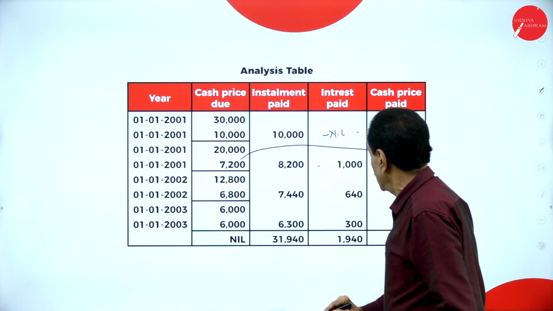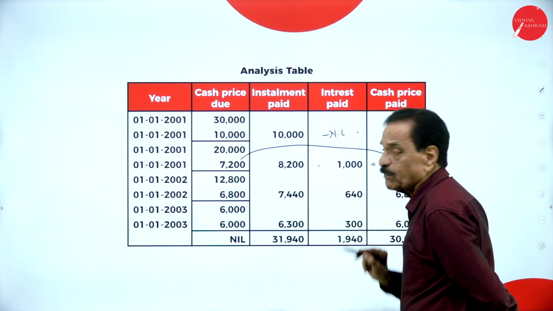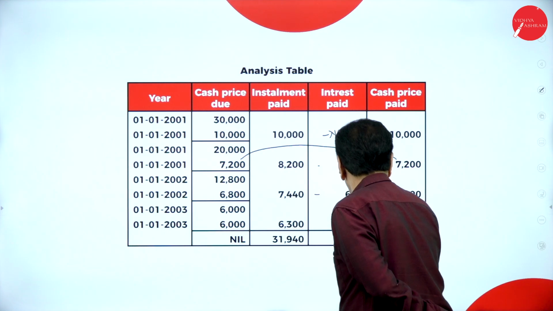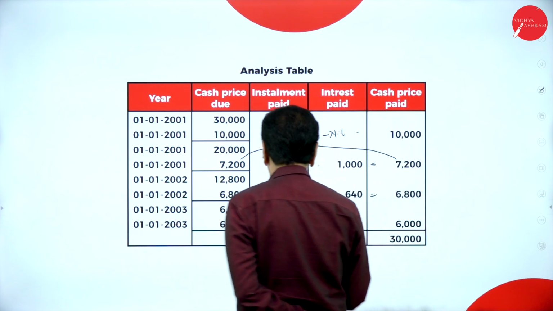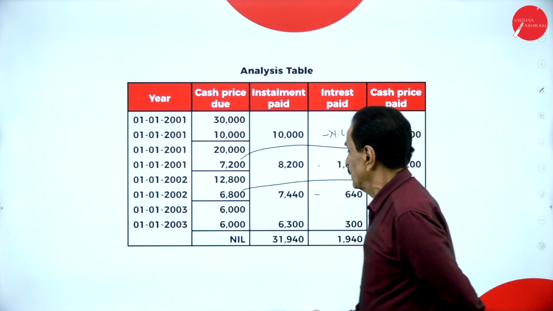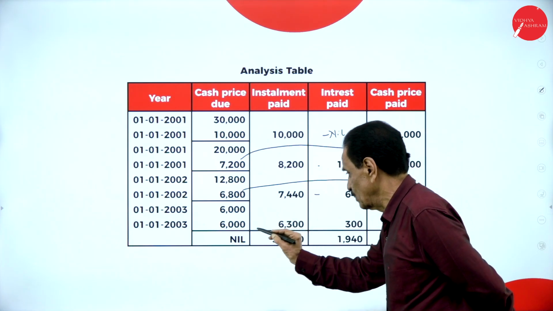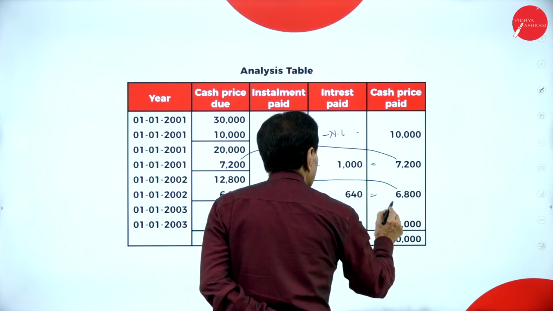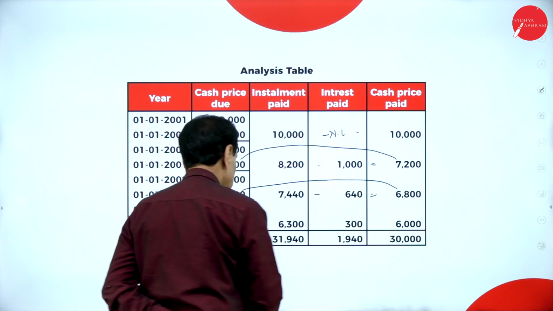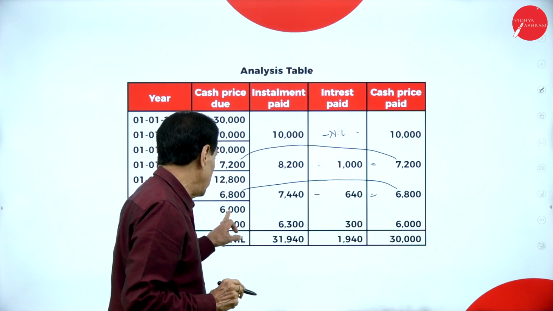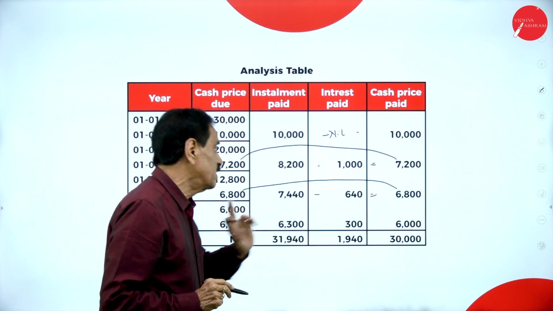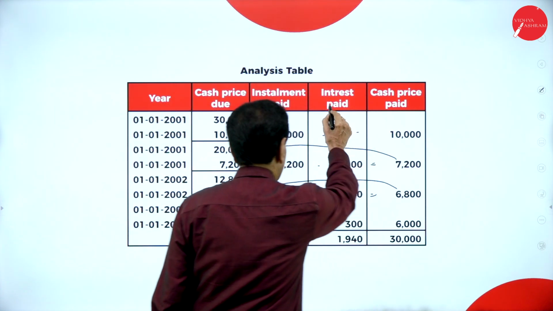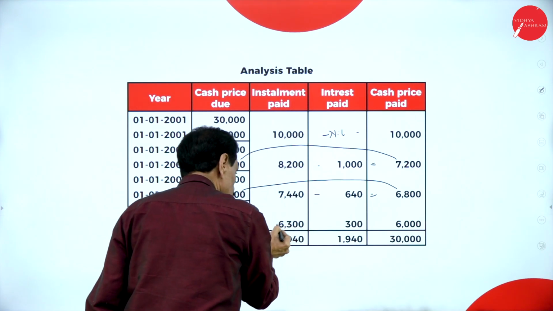12,800. On 12,800, 5% is 640. 7,440 minus 640 is equal to 6,800. Deduct 6,800 here. What's the balance? 6,000. So last installment 6,000 here. So we paid 6,300. On that 5% is 300, deduct, 6,000. Totally cash price comes to 30,000. Interest is 1,940. Totally they paid